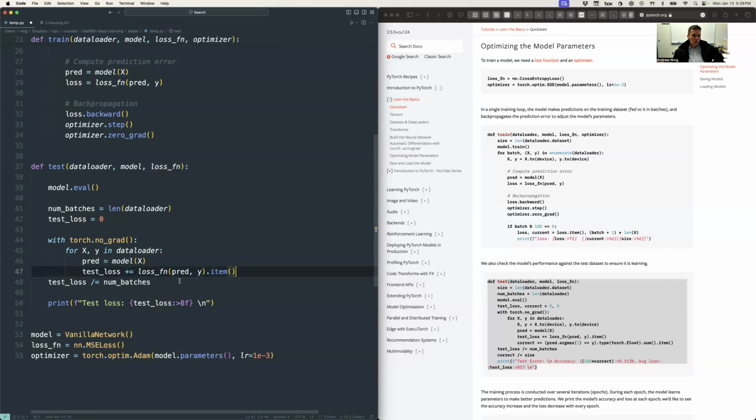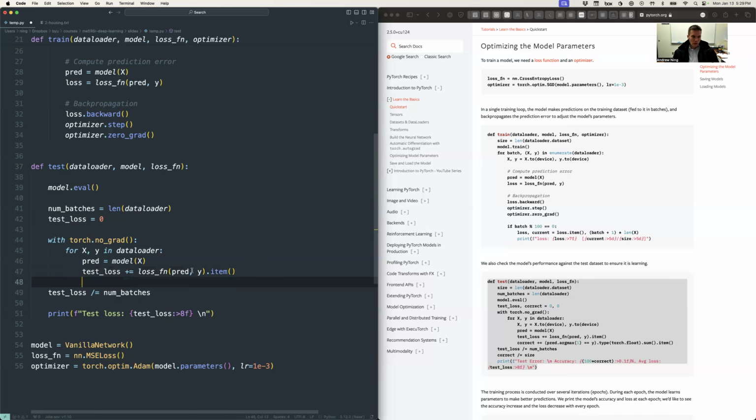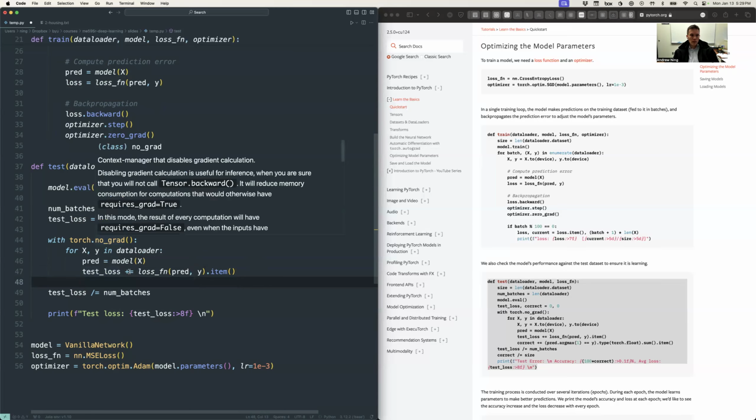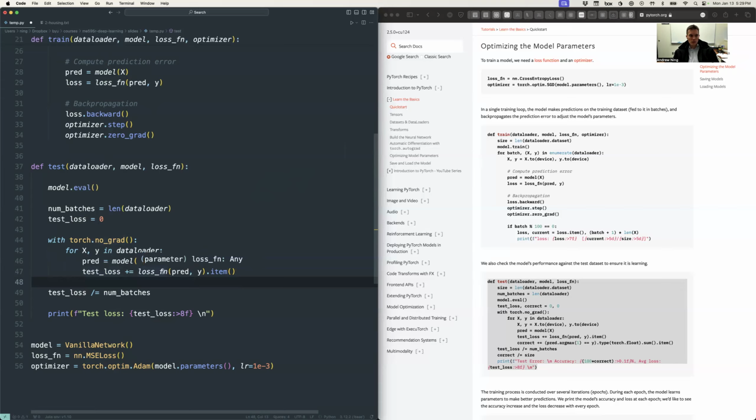And what we're doing here is we're trying to calculate our average test loss. So if I had just one batch, this would just give me the test loss for all my data in one pass. But because I might have many batches, I'm just averaging across the different batches. So I'm initializing to 0, adding up the test loss across every batch, and then dividing by the number of batches. So we had to get the number of batches here and then initialize our test loss, and then we're just printing it out. So every epoch, we're going to print out what my test loss is,